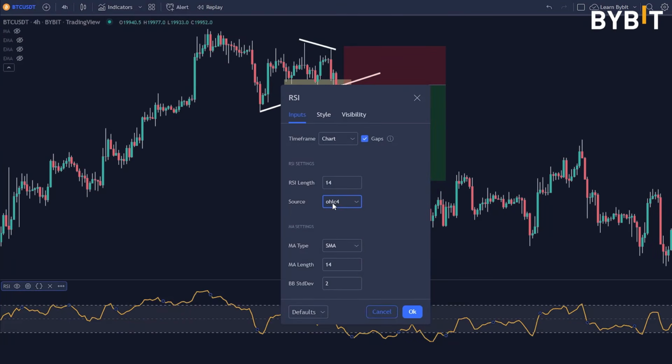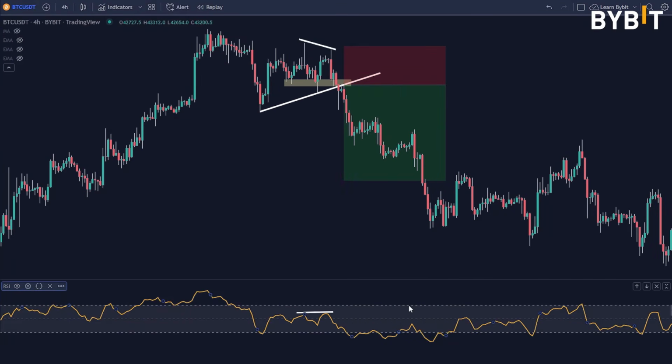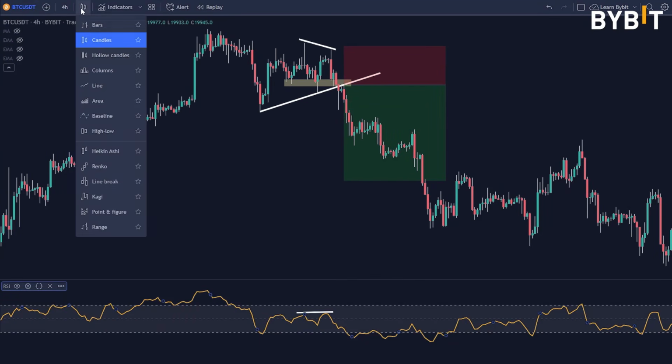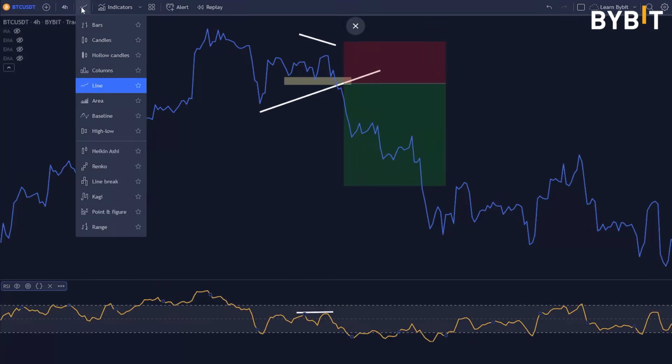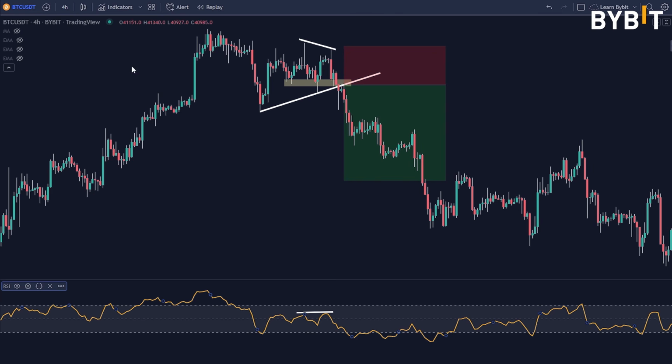Software package does this automatically. Where that comes in handy is in situations where you have some wicks to the upside. Most charting packages default to just the close. And when you're looking at the close, basically it's just a line chart that you're looking at. And that's okay, but if you want to get a little more precise, leave it on a candle, leave it